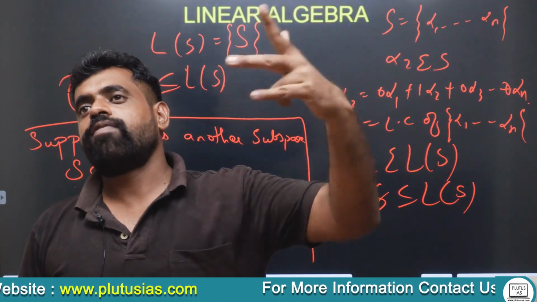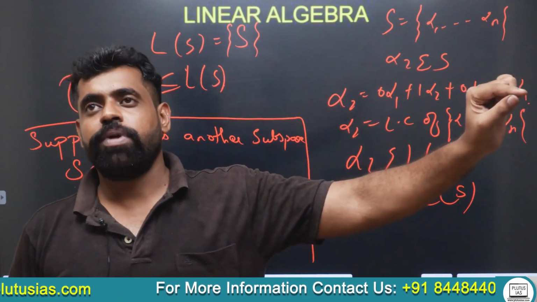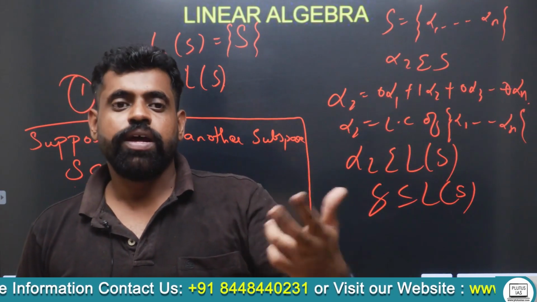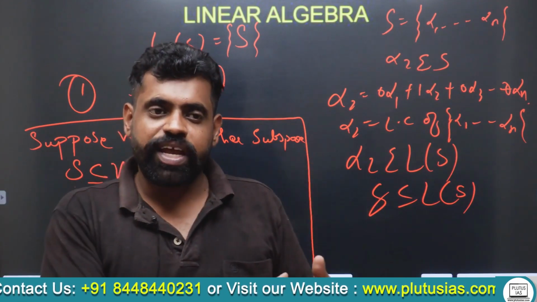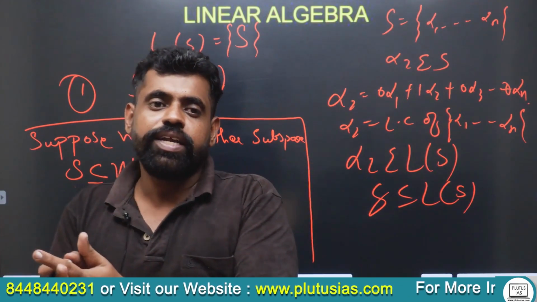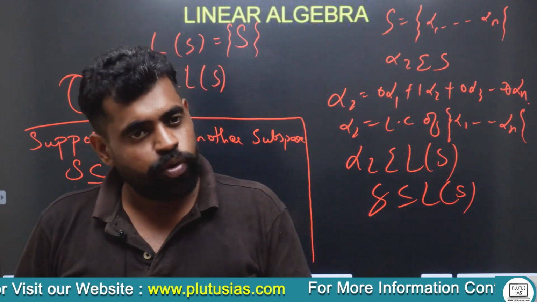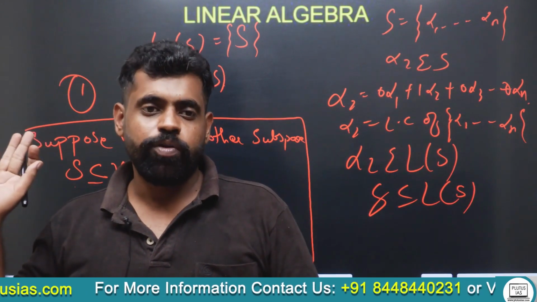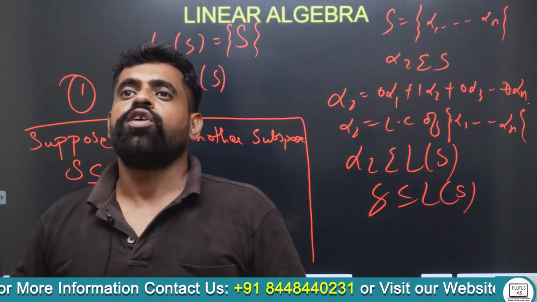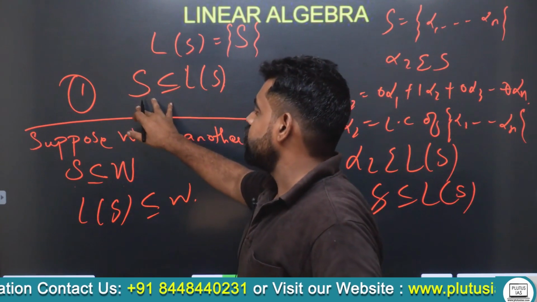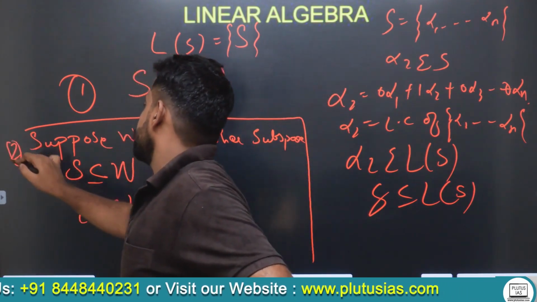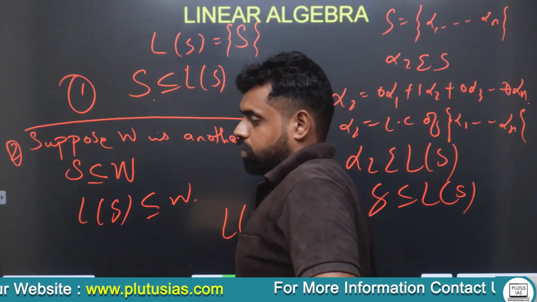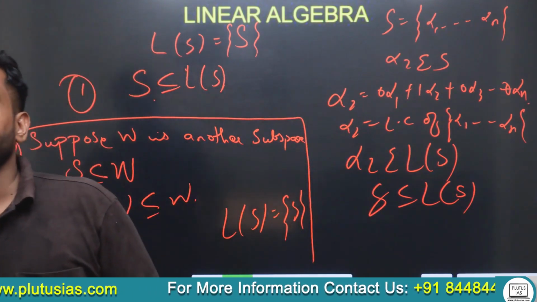If S belongs to W, then what happens? Any element alpha 1, alpha 2, alpha 3, if you write it in linear combination, and since W is a subspace, closure of both scalar multiplication and vector addition is defined. It is closed under both these operations. Then clearly all the elements of LS would come under W. So these two are the conditions. The first condition is this, and the second condition is this. Thus, LS can be written as